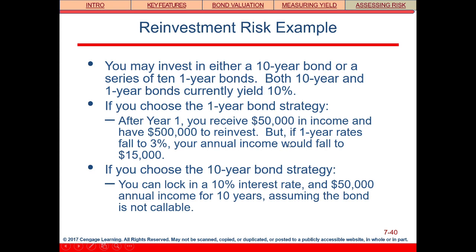But here's the key, if the 1-year rates fall to 3%, your annual income would fall to $15,000 in the second year, right? This is the situation you don't want. You want to maintain your $50,000 every year from the interest income. So if you choose the 10-year bond strategy, you can lock in this 10% interest rate and